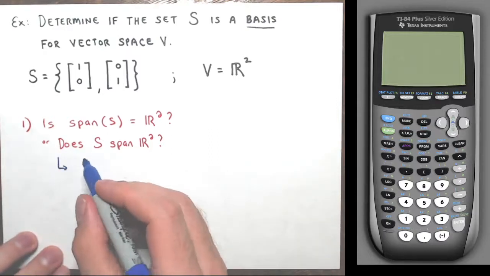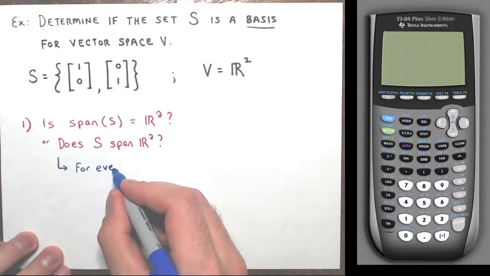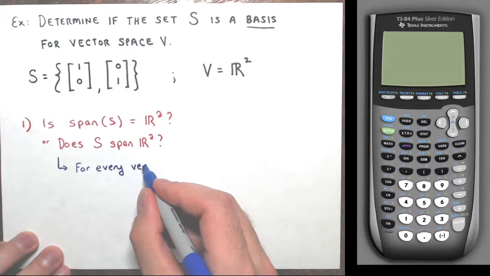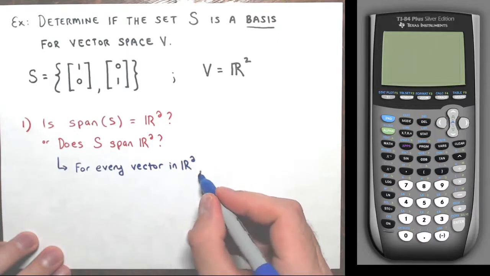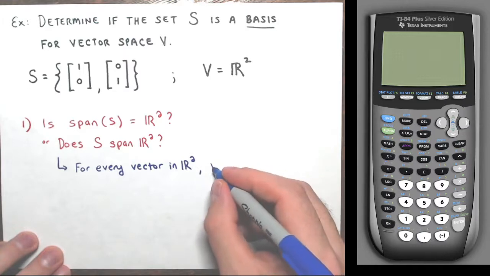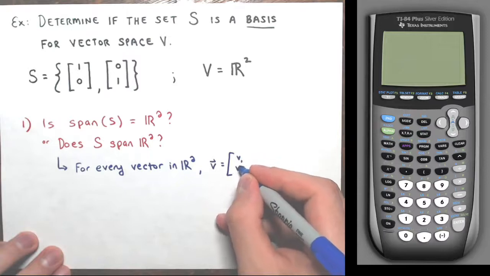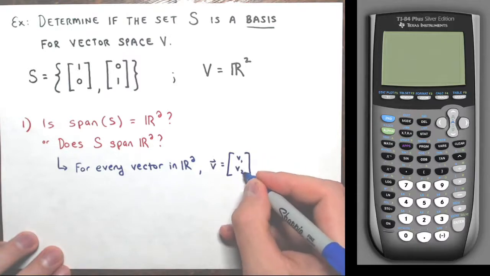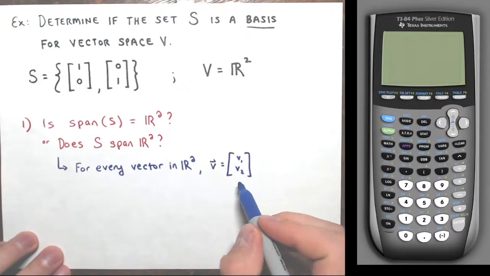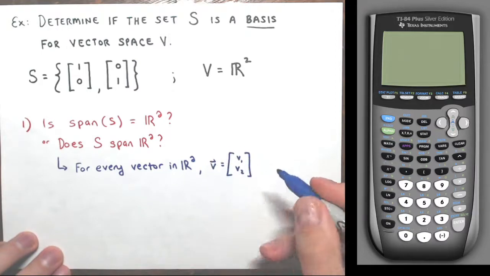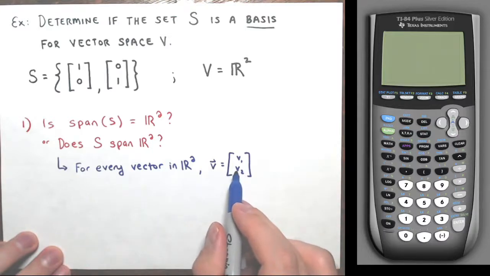The question is, for every vector in R2, now remember what any vector in R2 would look like. Say V equals V1, V2. Every vector in R2 looks like this. So I have some general representation, an arbitrary vector in R2 here. For every vector in R2, represented by this here, V1, V2,